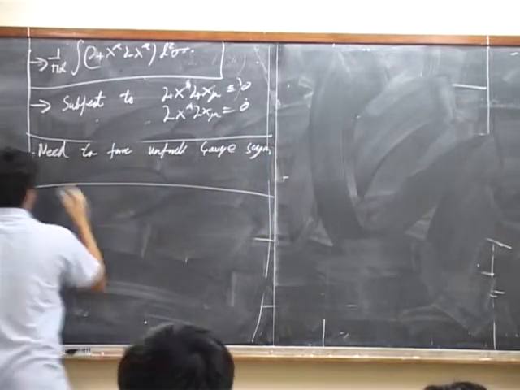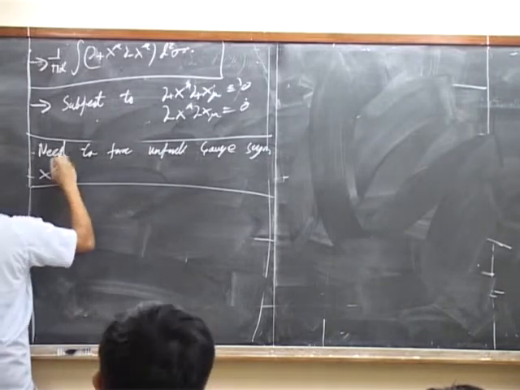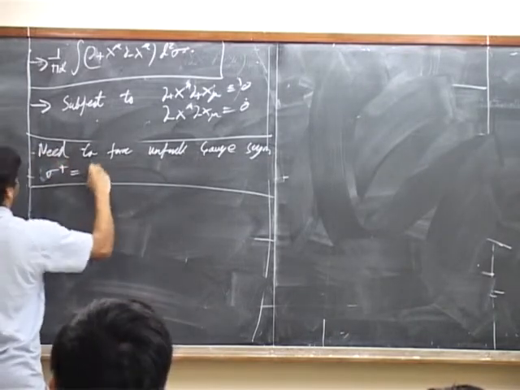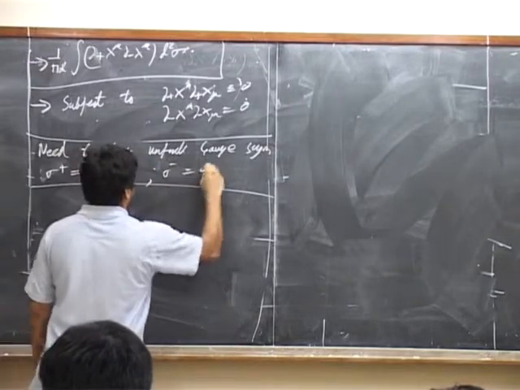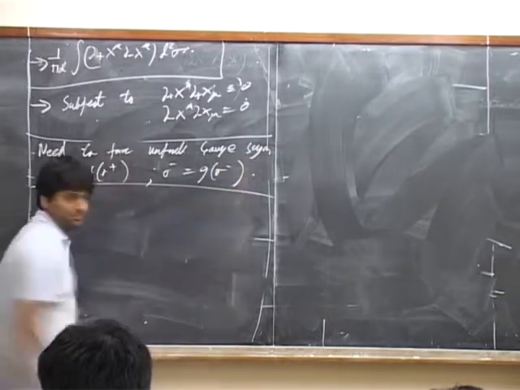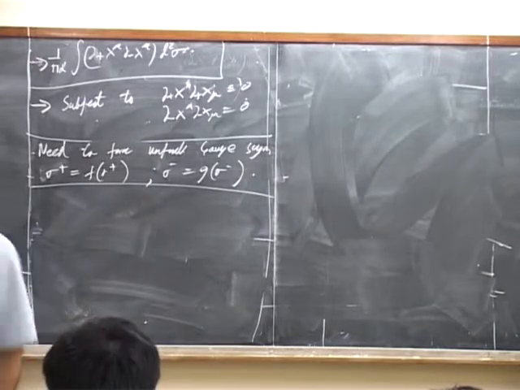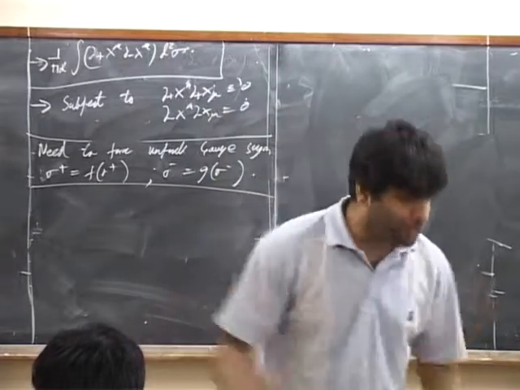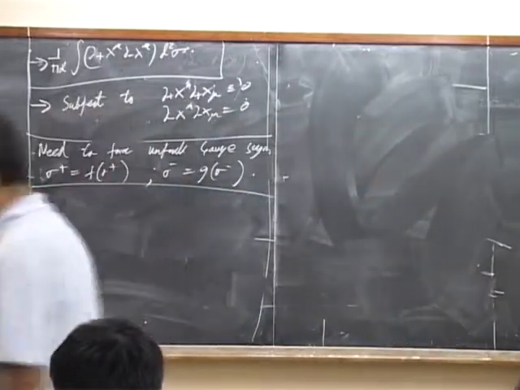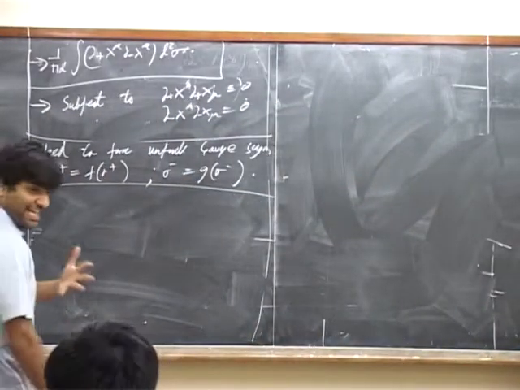Sigma plus is equal to f of sigma plus, sigma minus is equal to g of sigma minus. Now, in order to emphasize how important this fixing is,